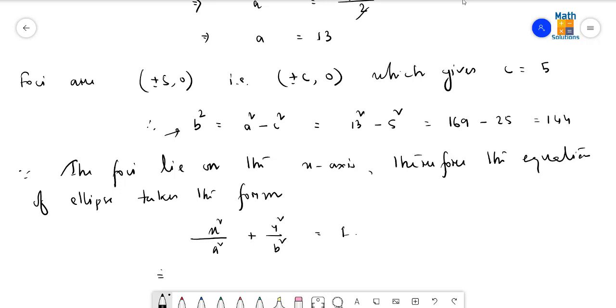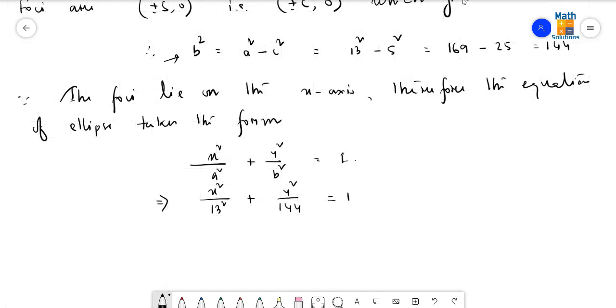Let us put the respective values. X square by 13 square plus y square by 144 is equal to 1. On simplification, we shall get here x square by 169 plus y square by 144 equals to 1,